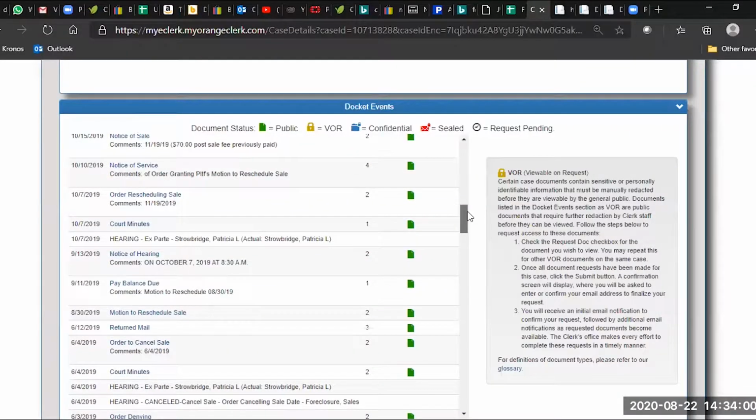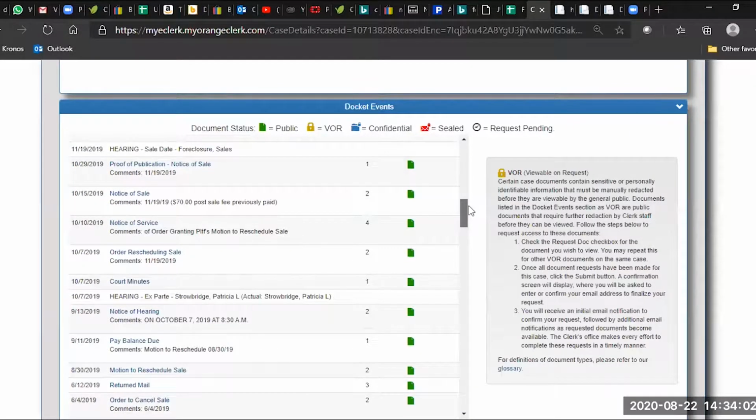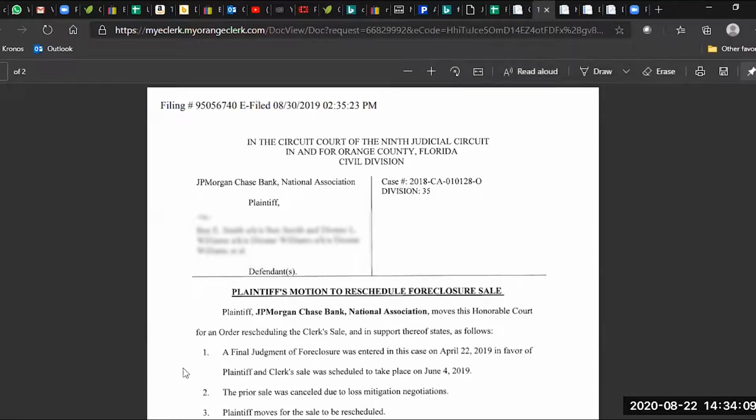Looking through here, it looks like there was an order, a motion to reschedule the sale. Let's see what that is. For whatever reason, this doesn't concern me so much, even though I've already said I would avoid a rescheduled sale, because this is the plaintiff actually rescheduling it. In here, well, this would kind of clue me off to one thing. You see it says they want to cancel because they are in the middle of loss mitigation negotiations